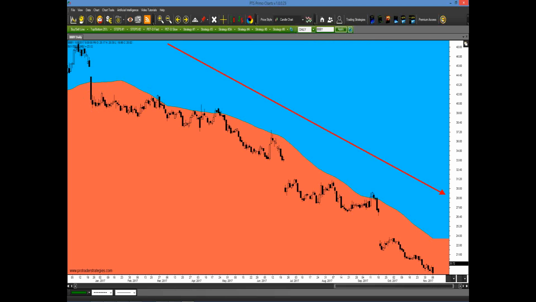Someone looks at this and says, oh my goodness, this is so oversold, I've got to buy it, right? Buy low, sell high. Take it from someone who tried that 40 years ago. It doesn't work. It will work every once in a while, but we're talking about having a consistent method that works time over time so that you just don't have a good year. That means you have a good 10, 20, 30, 40 years so that you're able to continue trading. Just because you have a good year doesn't really mean anything.